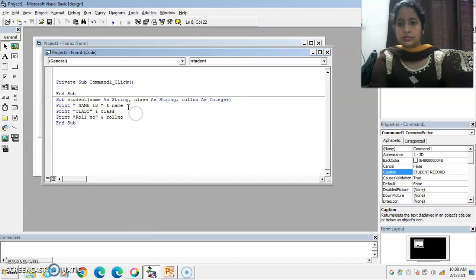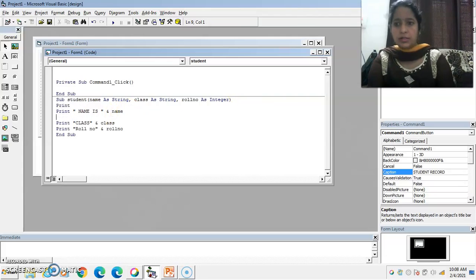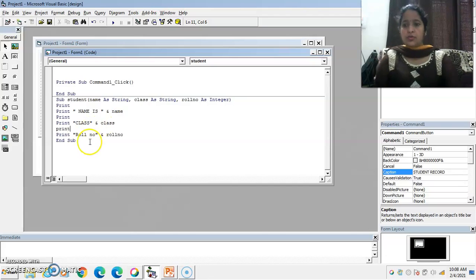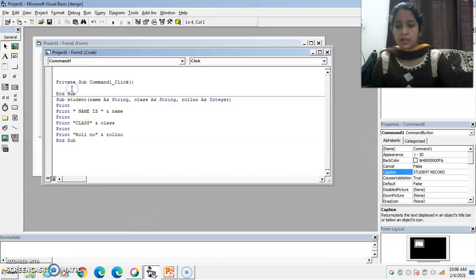Okay. Also enter one print statement to print an empty line so that the result or output is very much visible or clear to you. Now call this procedure student.